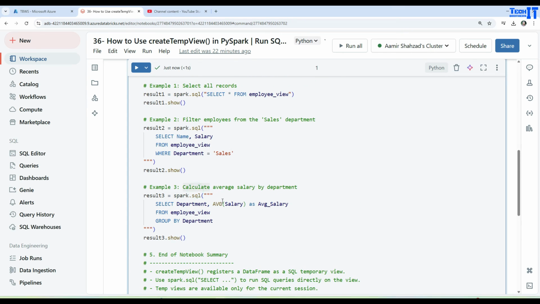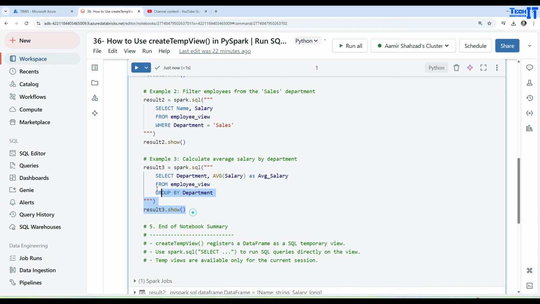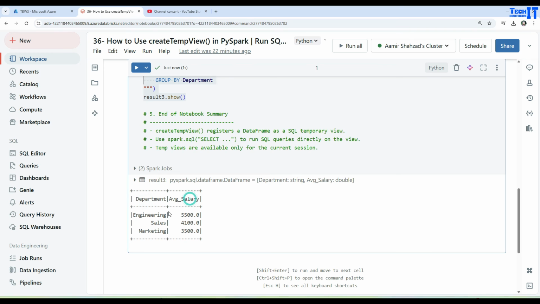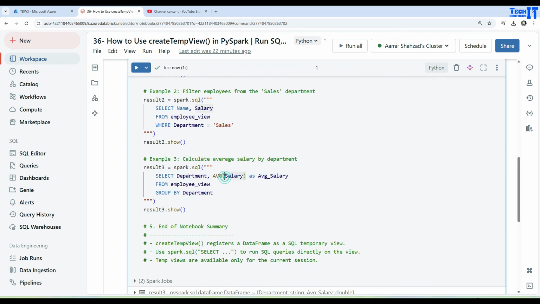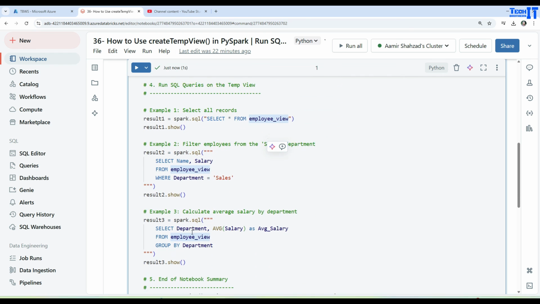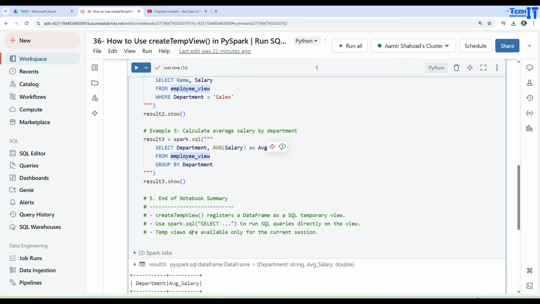Now if you want to do some average, you can do that as well, with group by. In result3 we are calculating average salary by department. So: select department, average salary as average_salary from the employee view, group by department, and then we are printing out our results. And here is your department, and then there is the average salary calculated. Everything is done by the SQL queries here, as you can see. First we created the view, and once the view is ready, you can write all those different SQL queries that you want to perform analysis on your